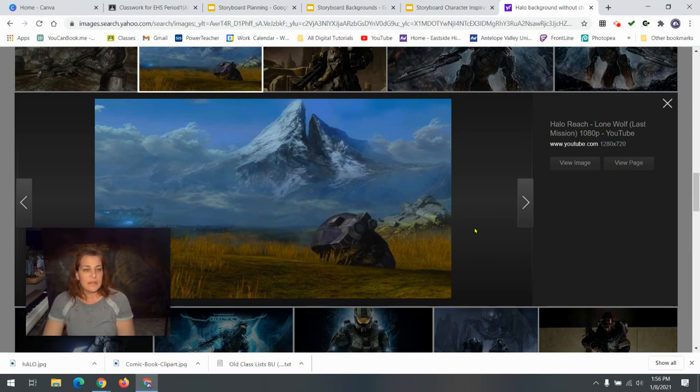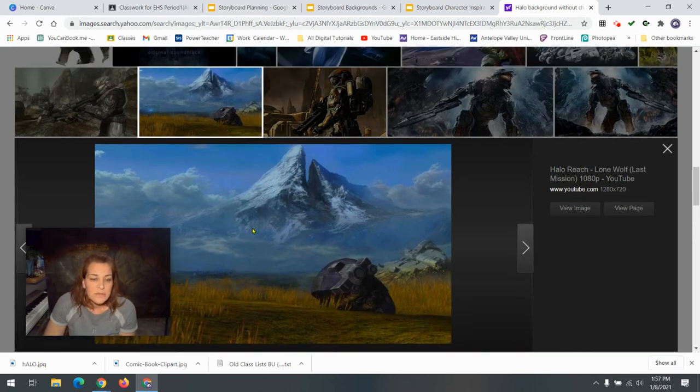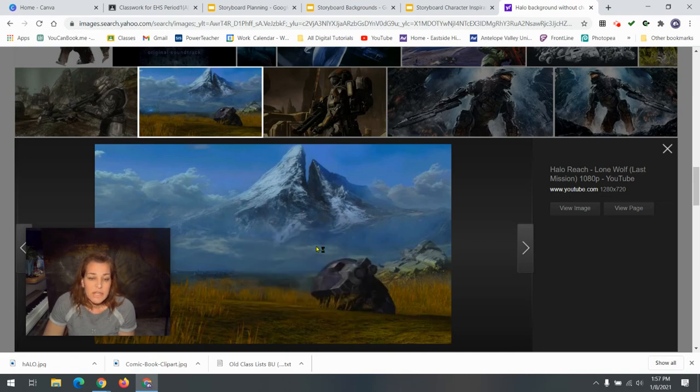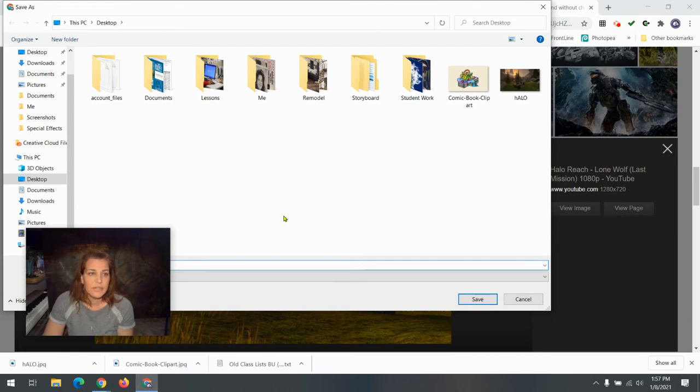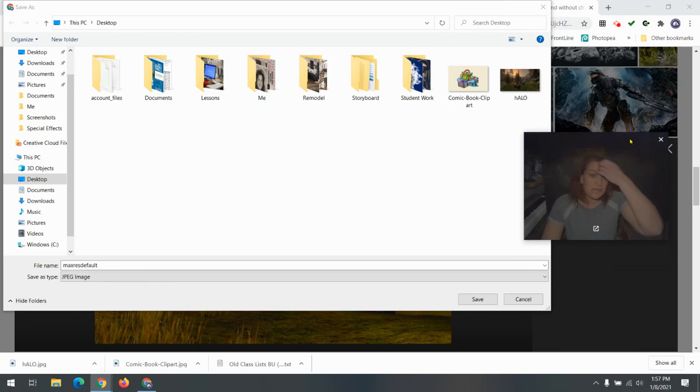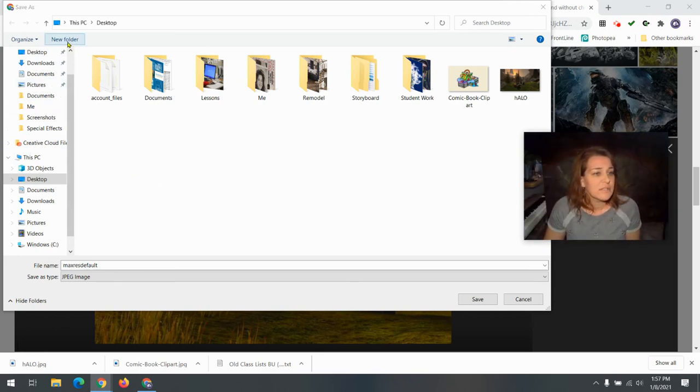Okay, so again, you would then click on the image that you want. In this case, you can right click. I'm using my mouse to right click, or sometimes you can actually take the image and drag it to your desktop. So I'm going to just save the image as. That way I can actually create a folder. And I highly recommend that if your goal of 2021 is to become more organized with your work, make a folder, please, so that you can keep all your work. Right here, you have the option of make a new folder. I'm going to name my new folder Storyboarding.